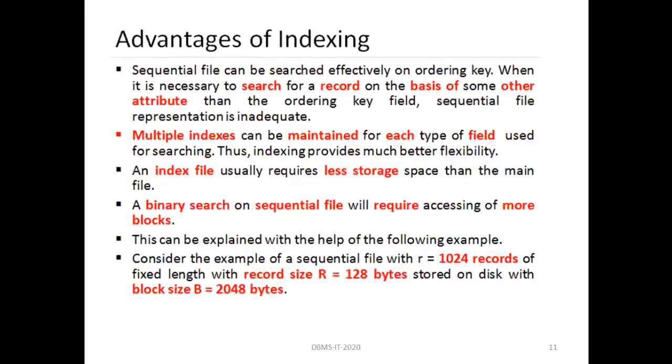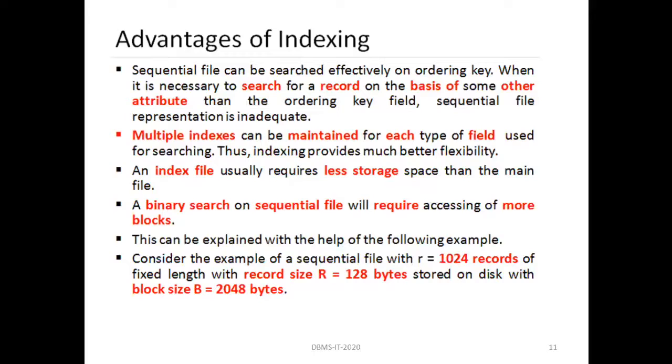Advantages of indexing: a sequential file can be searched easily on the ordering key. When it is necessary to search for a record on the basis of some attribute other than the ordering key field, sequential file representation is inadequate, because it may be that the indexing is not done on the ordering data file, that is, the primary key of the main file.